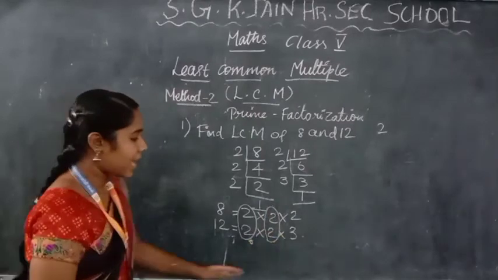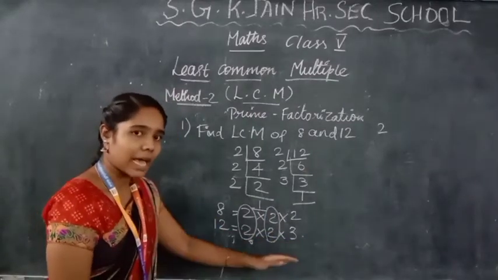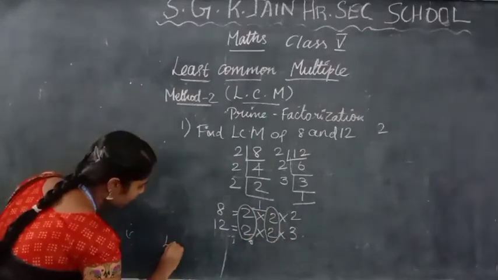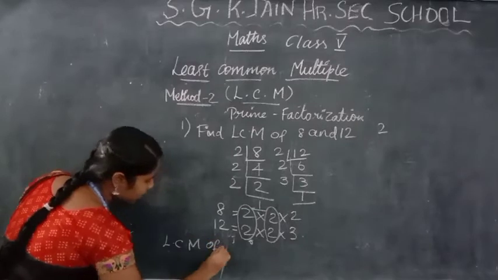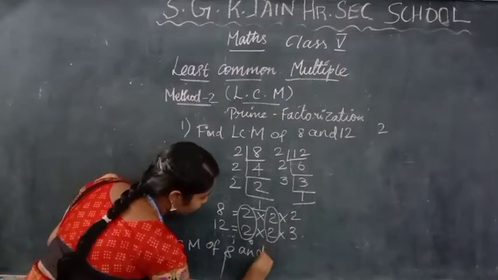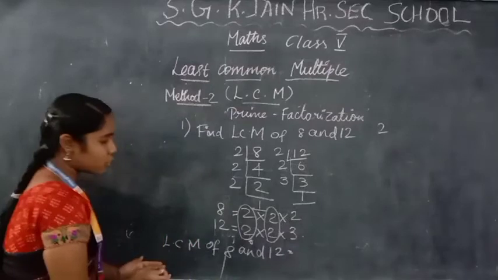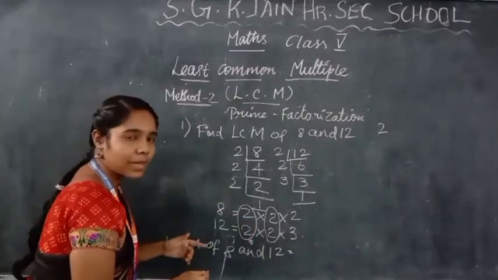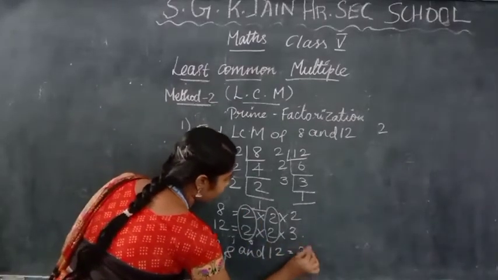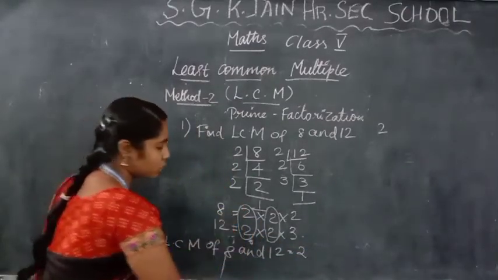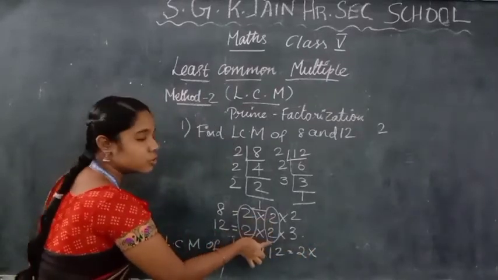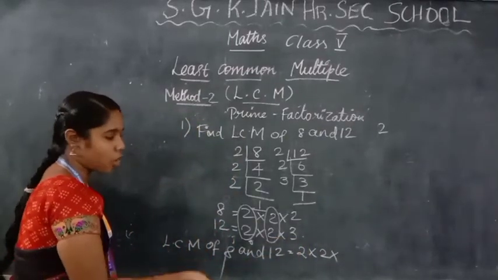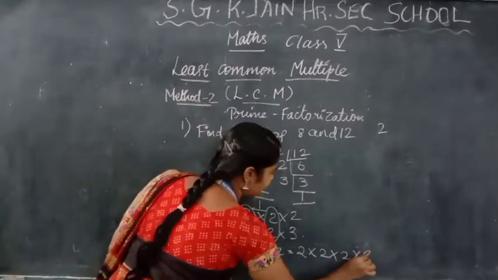So while writing the answer, how to write it? We have to write the common factors only one time. Okay, so LCM of 8 and 12. As I told you, when we see the common numbers, how to write it in the multiplication? Yeah, we have to write it one time. So 2 2's are here, we have to write 1 2. Multiplication into 2, 2 is here, 1 2. So these two are separate, this is not common, so we have to write that number as it is.